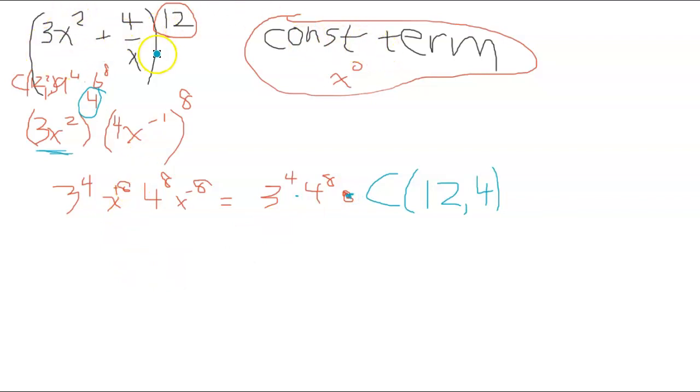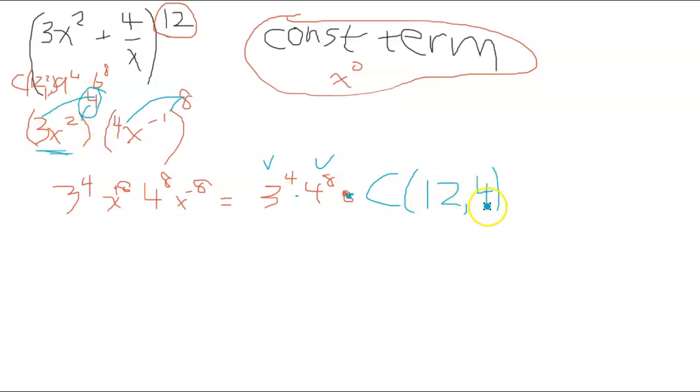They want the x squared to balance with the x to the -1. Oh, that means I need 8 of these and 4 of these. So I have +8 and -8, so they're gone. The 4th power applies to the 3, the 8th power applies to the 4, and because this is the 4 hops in,